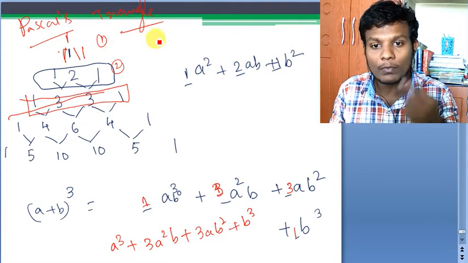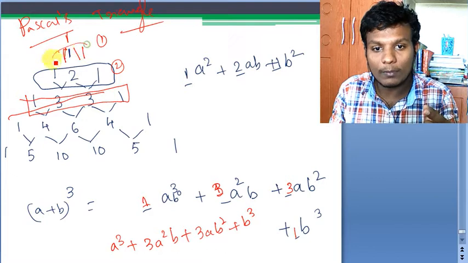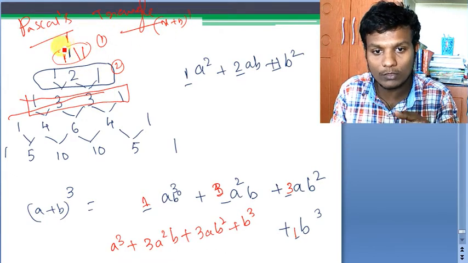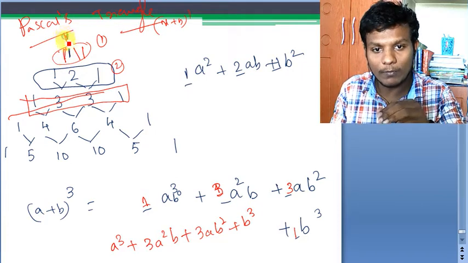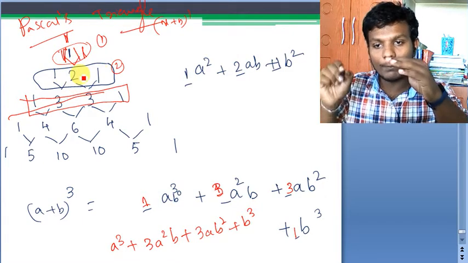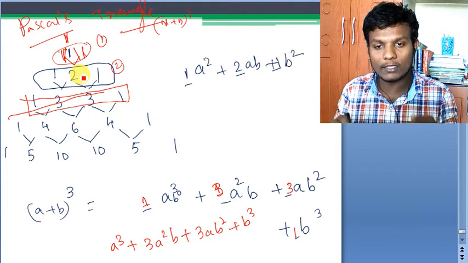Why? Because if you have x plus y whole power 1, these will be the coefficients. So 1, 1 are the coefficients. So just make a correction here. So it will be 1, 1, 1, 1, 2, 1. Like that, these two are added here like this one. So you can build up your Pascal triangle starting from 1.